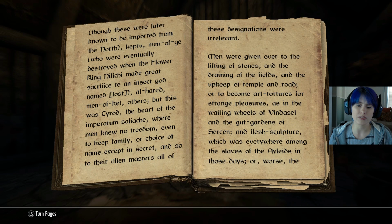Men were given over to the lifting of stones, and the draining of the fields, and the upkeep of temple and road, or to become art tortures for strange pleasures, as in the wailing wheels of Vin Diesel. Is that a Vin Diesel reference? Vin Diesel, and the gut gardens of Sursin, and flesh sculpture, which was everywhere among the slaves of the Aliads